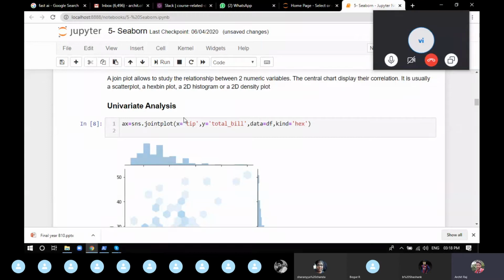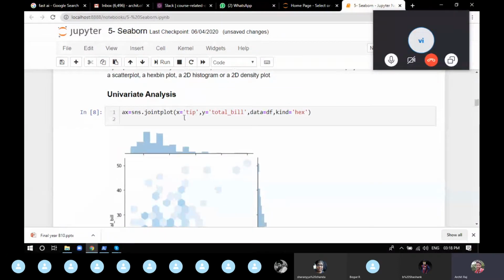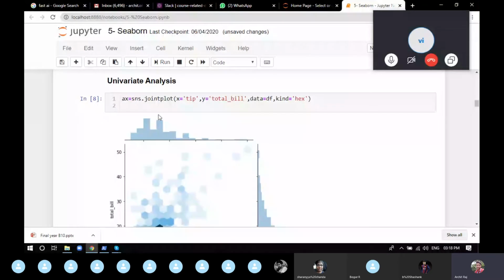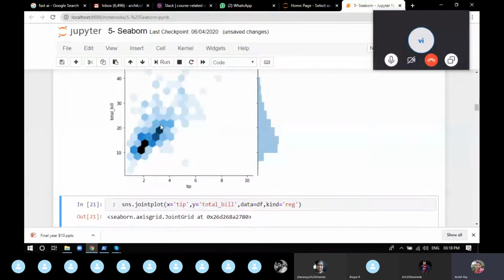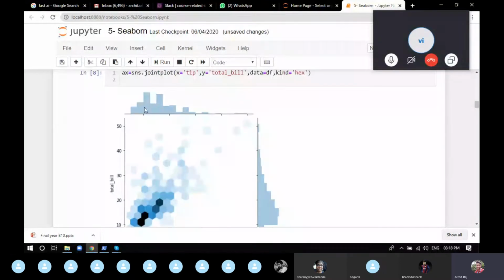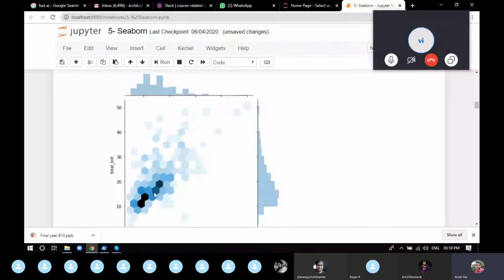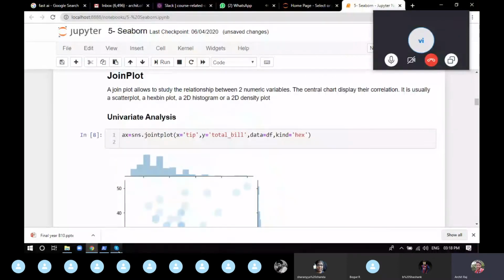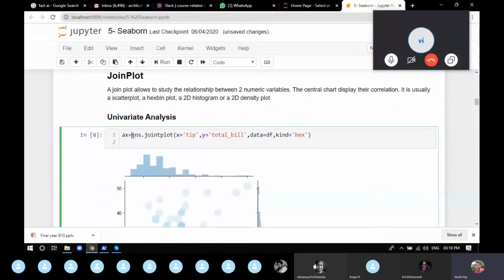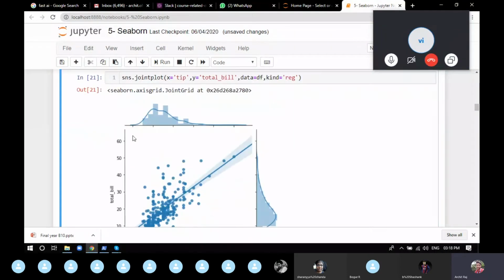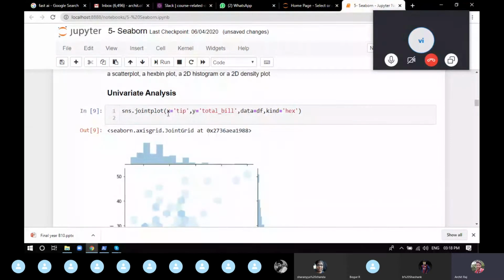So how to plot a joint plot? First I'll show you what exactly joint plot shows you. Joint plot shows you the frequency of how many times an object or item occurred and what the concentration is. Now we can see how to plot a joint plot. You know this. So sns.jointplot, ignore this ax. We provide x as tip, y as total bill, and we have to provide which data you're using, because we didn't write df.jointplot, so we have to provide which data.